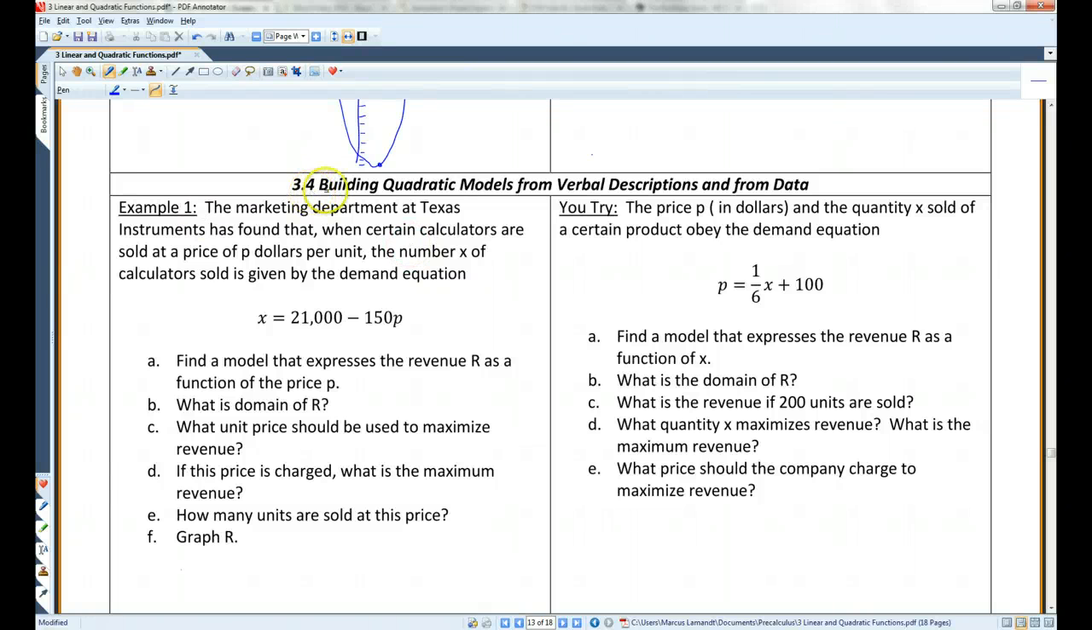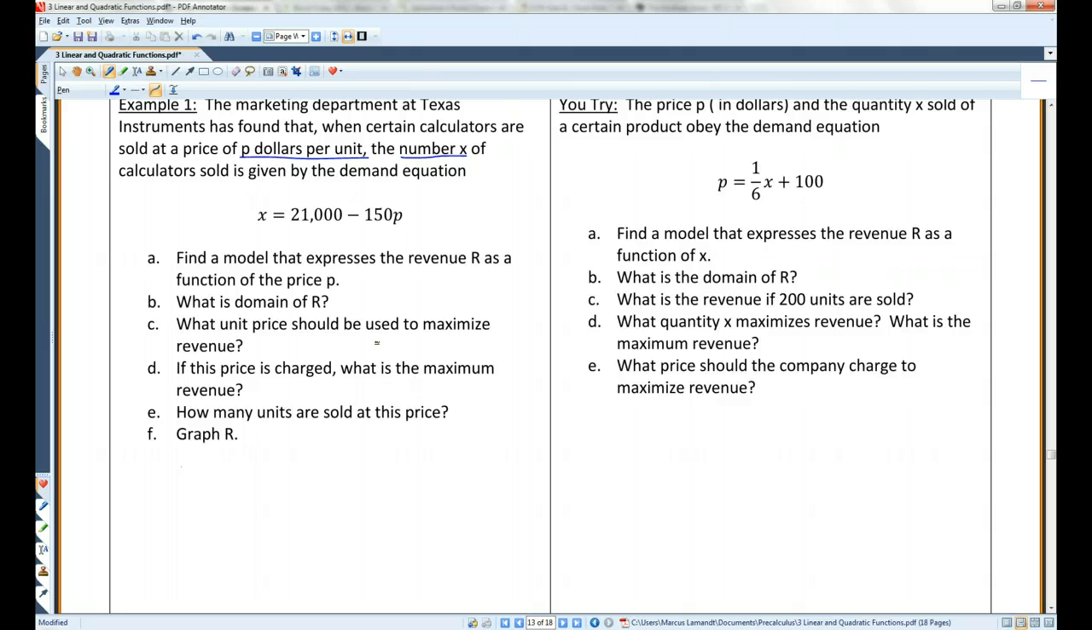Alright, 3.4. Building quadratic models from verbal descriptions and from data. Example 1. The marketing department at Texas Instruments has found that when certain calculators are sold at a price of P dollars per unit, the number X of calculators sold is given by this demand equation. Alright, so if you think about it, your revenue